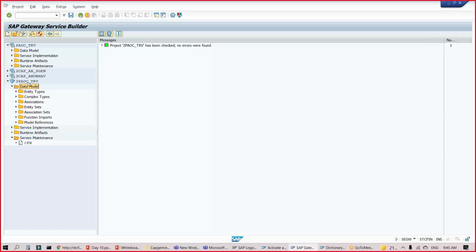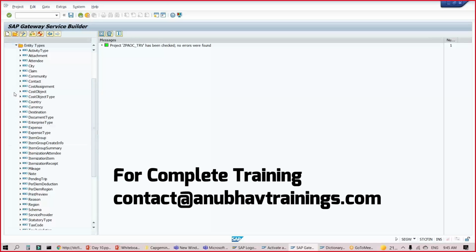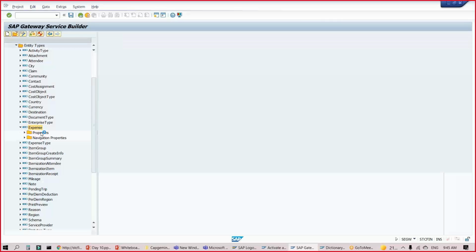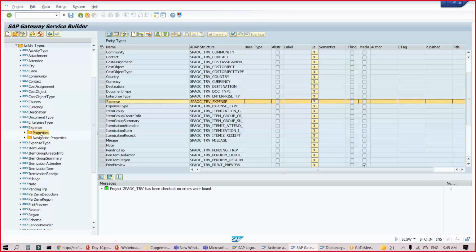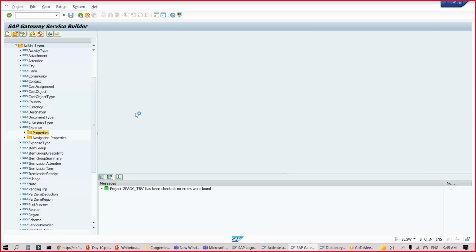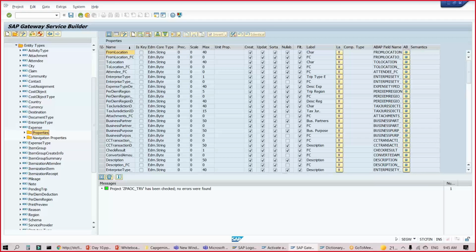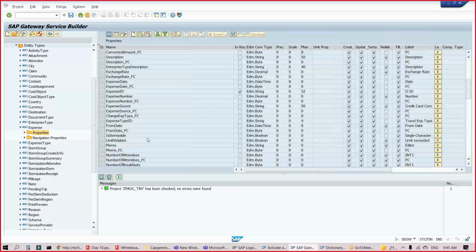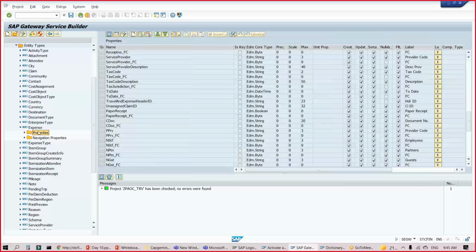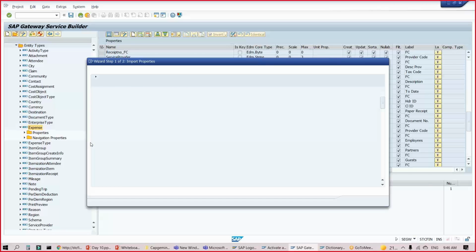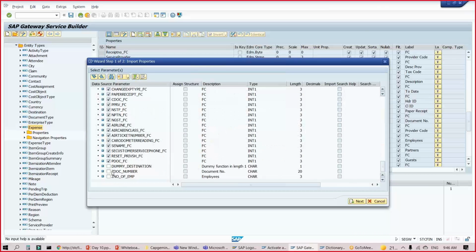And this is now a copy with modification on top. So we can now add any delta. This becomes a Z service. We can add any delta which we like. So what I will do is go to the expense. And if you see the properties of expense, from the standard OData side, you will probably not get these properties out of the box. These are the properties which standard gives you. But I don't want that. I want my custom properties. So I can right click, import properties. And now I can import my properties which I've added in the structure. You will find them at the bottom. Yes, Z doc number, Z number of employees.